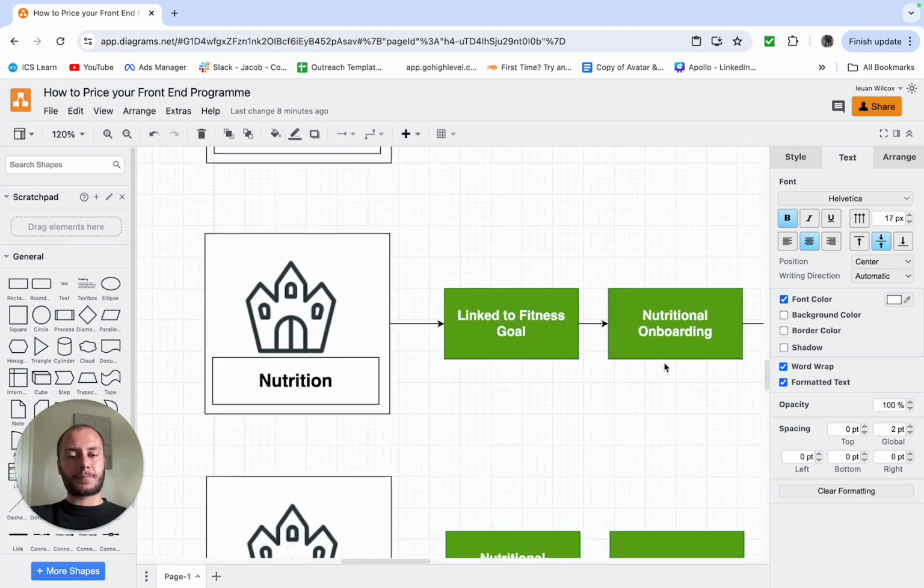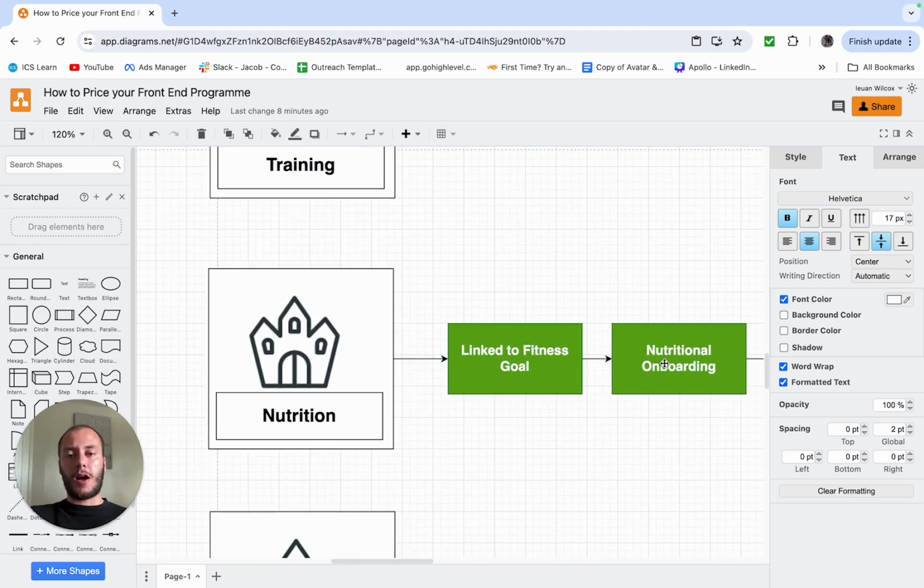Now, nutrition. When people start martial arts, whether it's boxing, Muay Thai, Jiu-Jitsu, anything like that, there's going to be an element of them that wants to do it because of the fitness side and to hit their fitness goals. I've taken hundreds and hundreds, if not thousands, of sales calls now for these types of programs. And I find at least 75-80% of people, especially adults, are looking to start martial arts because they want to hit a fitness goal without having to go to the gym and do boring workouts or go to spin classes or anything like that. They want to do something new. So having the nutrition side is going to be a huge factor in them actually achieving their fitness goals.